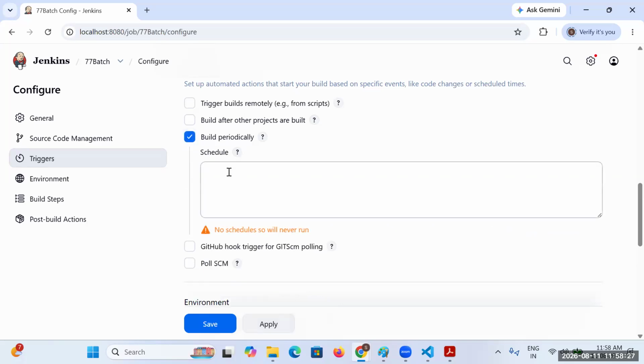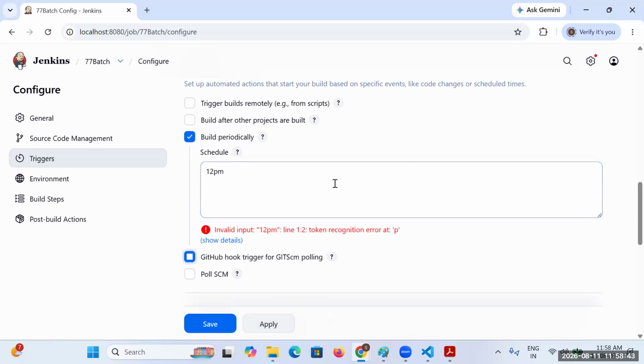Now, if I give a general time, for example 12 p.m., Jenkins cannot understand it. Jenkins has its own format, and not just one format, multiple formats are available. I'll go with one of the common regular formats. Other formats we can get from Google.